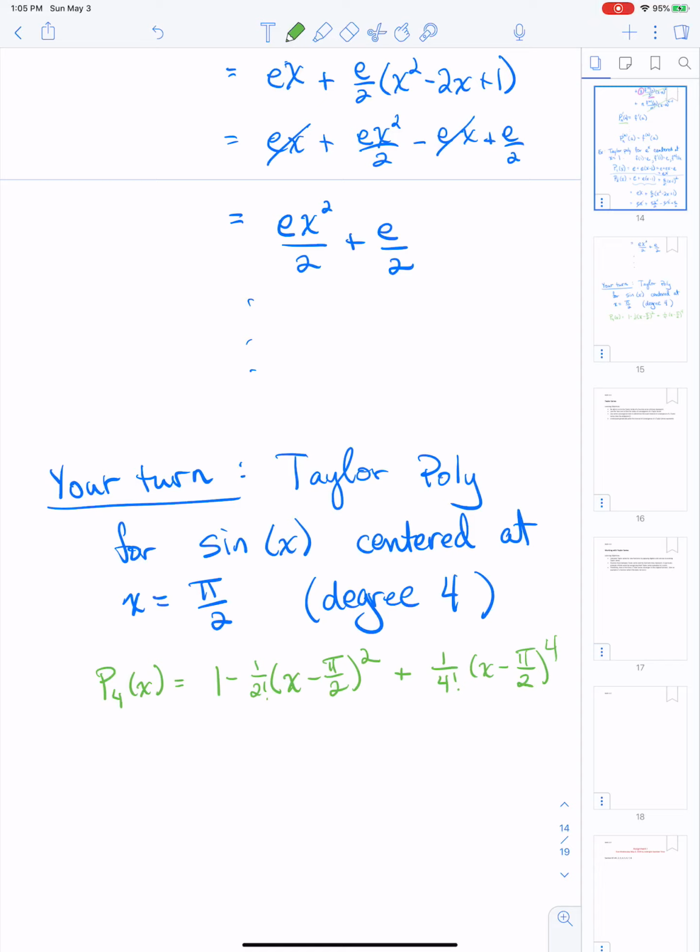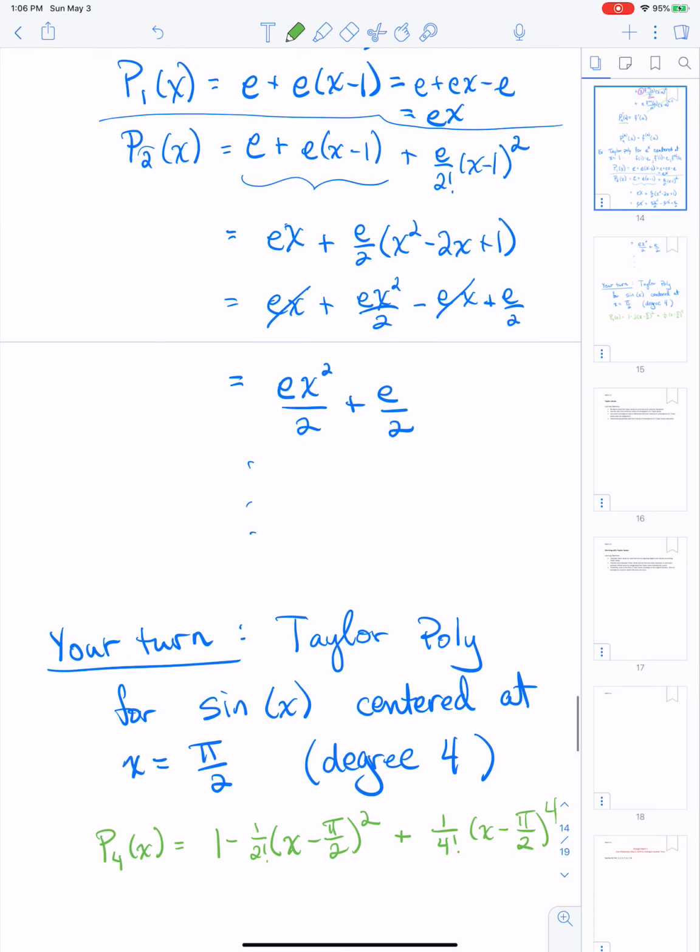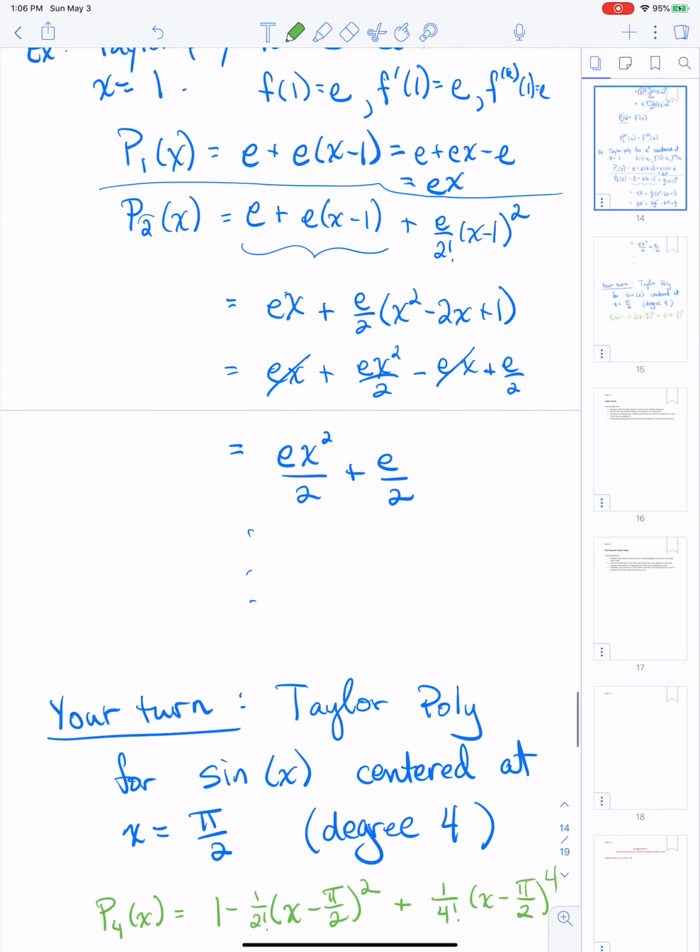Degree 4 Taylor polynomial that you were finding centered at pi over 2. And so what I wanted to do was go ahead and give you the answer, and then also we'll just go ahead and take a look at the Desmos worksheet. So if we go back there, in fact, before we look at that particular function, we'll just go back and